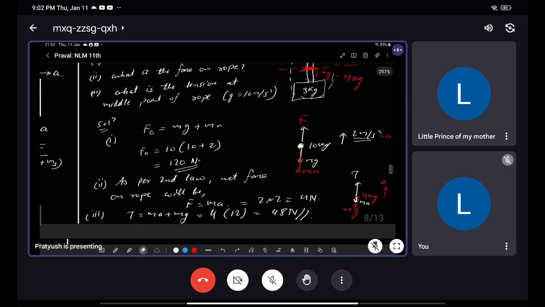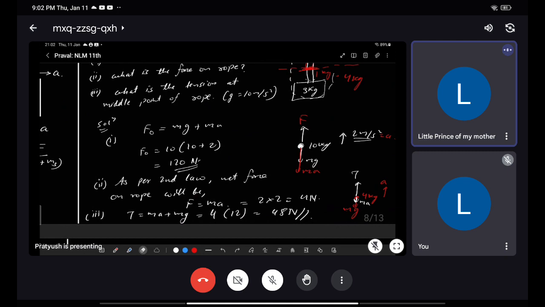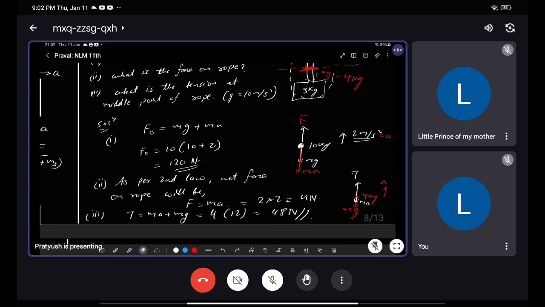And third is, what is the tension at the middle point? Now see, tension is always dependent on the other particles which are connected. Hello? Yeah, am I audible? Sir, you're audible, sir. Yes, now. What is the tension at the middle point? The tension in a rope always depends on the objects which are connected behind, in the direction opposite to the direction of motion, because we want our string to be always taut, always tight. Okay,